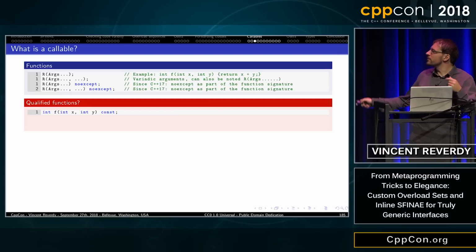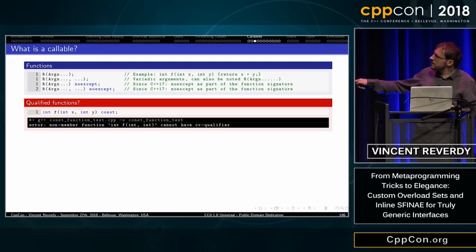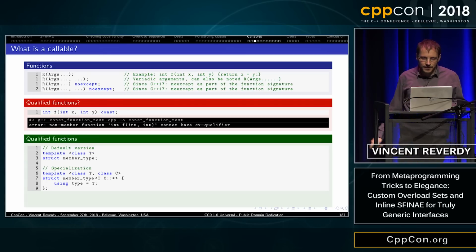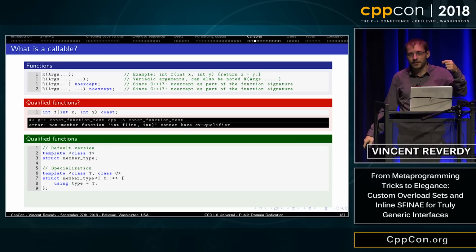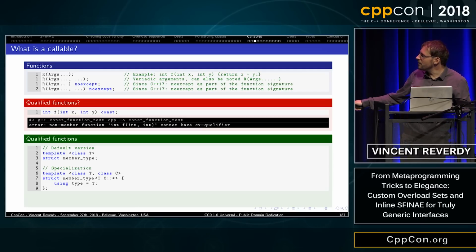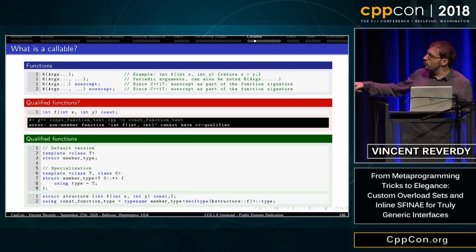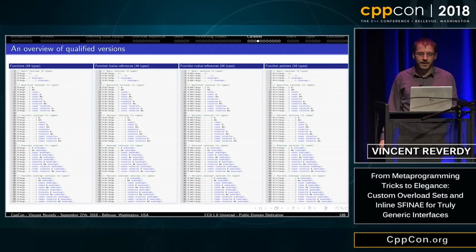What about qualified functions? So functions that come with the qualifiers after that. You shouldn't be able to write this, but if I have something that extracts a function from a class member, removes the class and gets the type, then you can have qualified function types.